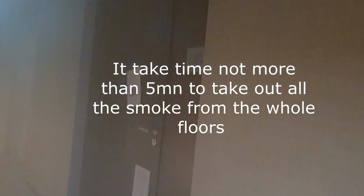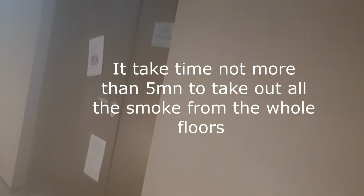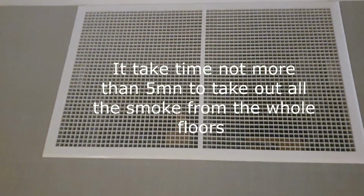It takes around 5 minutes. Now we can see the room is getting clear now. The smoke fan,